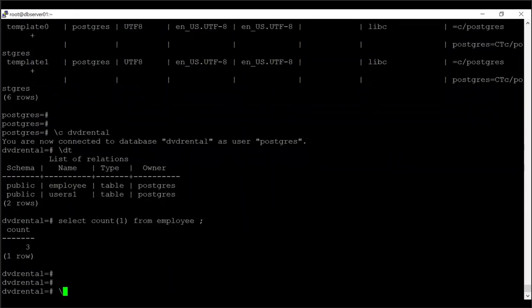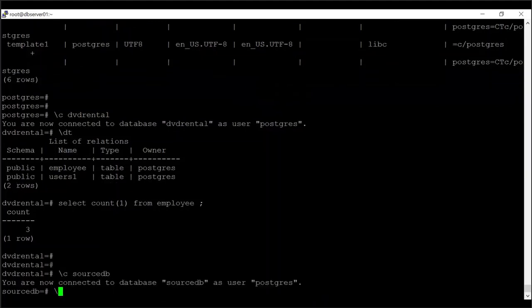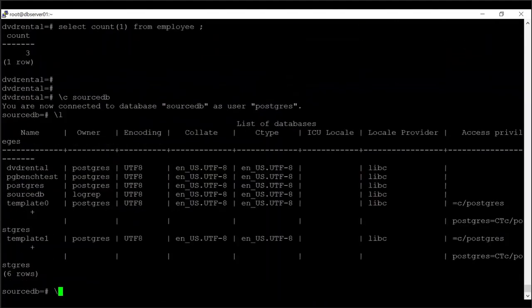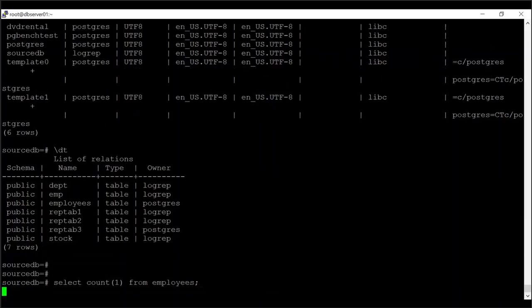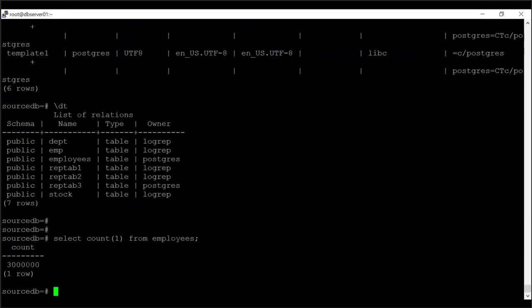A very small thing I have in source DB. Okay, so in source DB, I have an employees table. Let's see how many records it has. Okay, I have almost 3 billion records in this table. Now let me do some complex select query on this table so that we'll understand how work memory